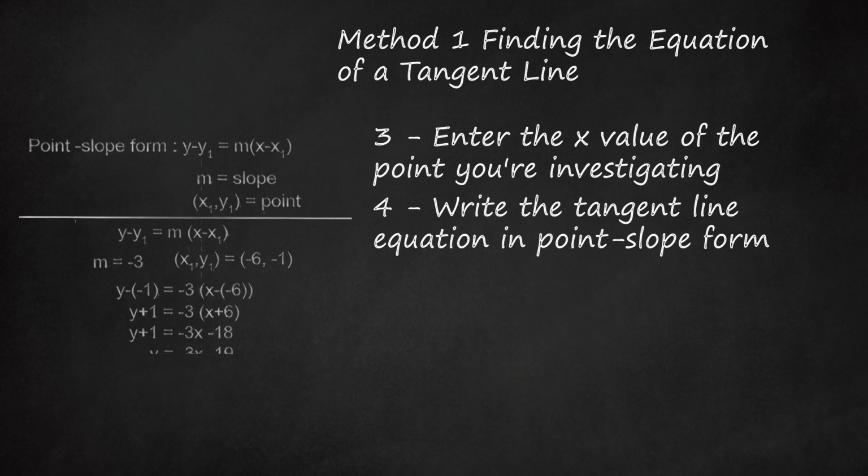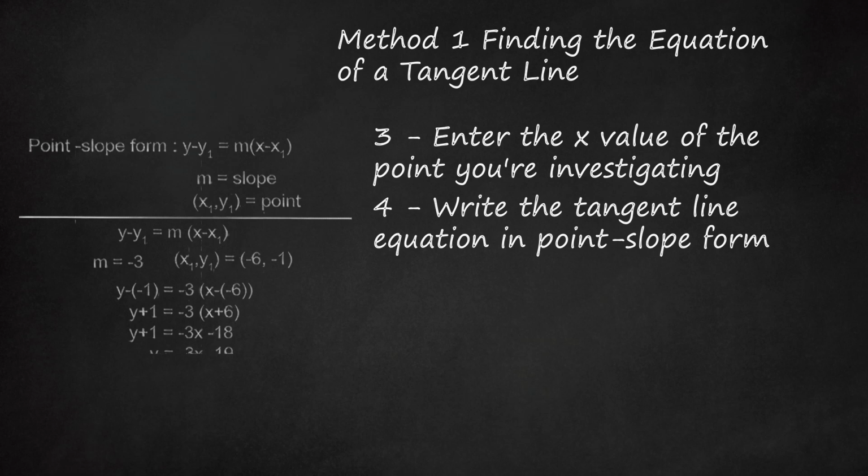Example 1, cont. y - y1 = m(x - x1). The slope of the line is 3, so y - y1 = 3(x - x1). The tangent line passes through (6, 1), so the final equation is